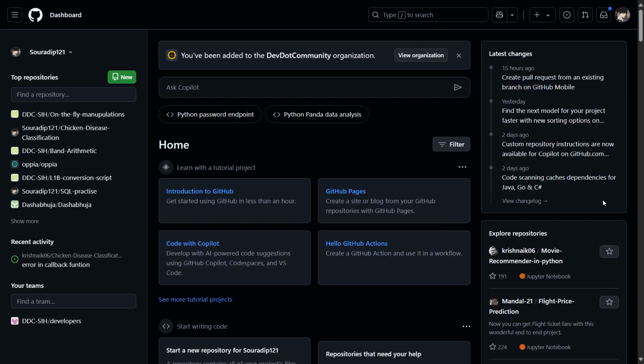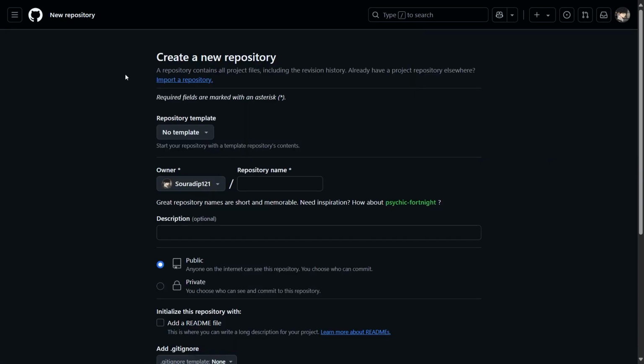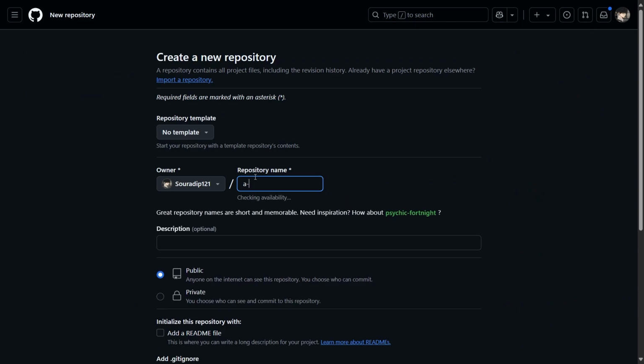Hello everyone, in this video we are going to create a basic to-do app using a Flask server with a SQLite database. So without wasting any time, let's create a repo. Okay, a to-do app